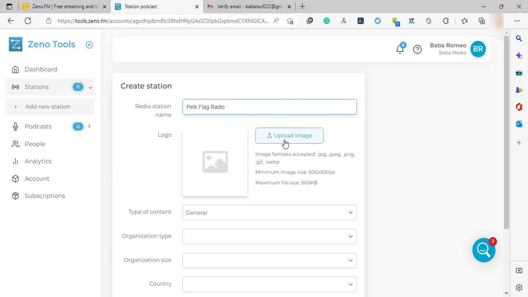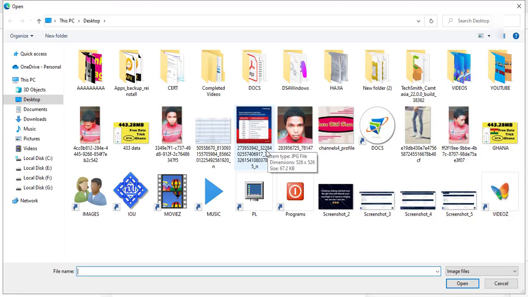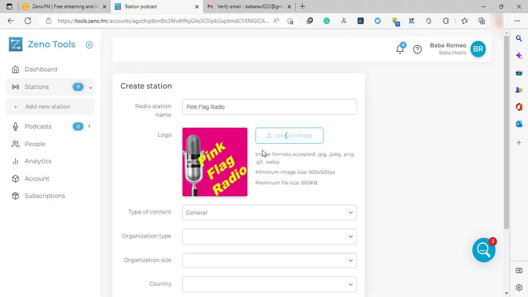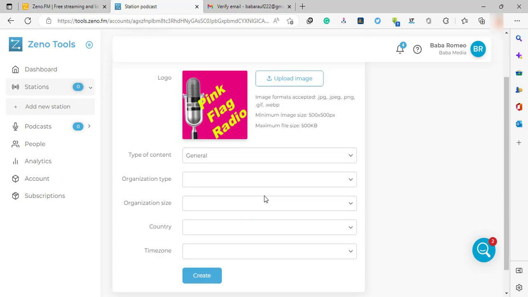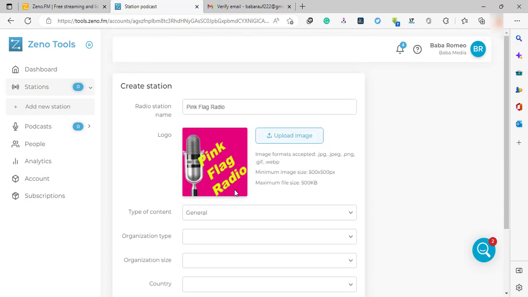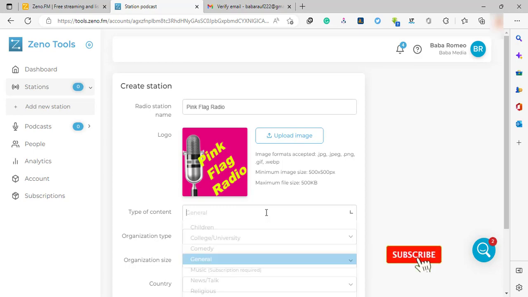Here we are supposed to upload the logo. When you click on it, you'll be sent to your system for you to upload a logo. So here are my pictures. This will be my logo, and I've uploaded it, and it's okay. After uploading the logo, the next thing you are supposed to do is